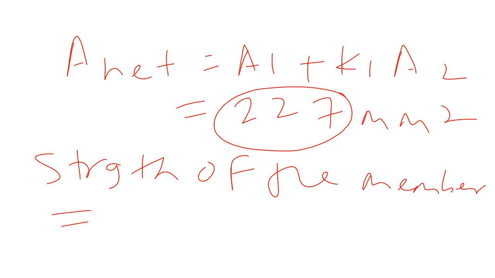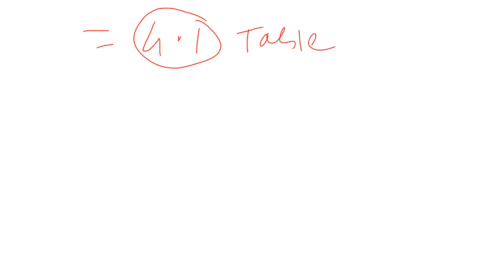So once you know the A net, you will need the permissible stress and A net. For this kind of tension member, again you go to the table and find the value for the shape, the permissible stress, particularly Table 4.1. So Table 4.1, I'm writing here. From here this stress will come, Table 4.1, and again the value, and as usual the A net we have calculated